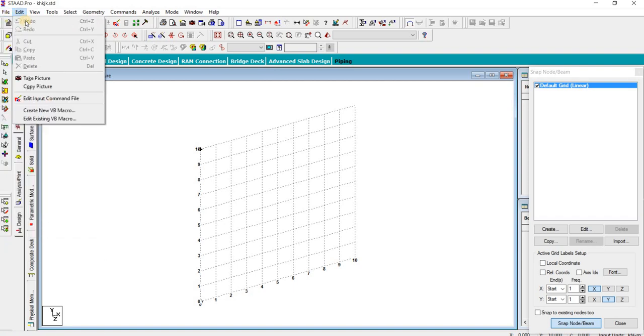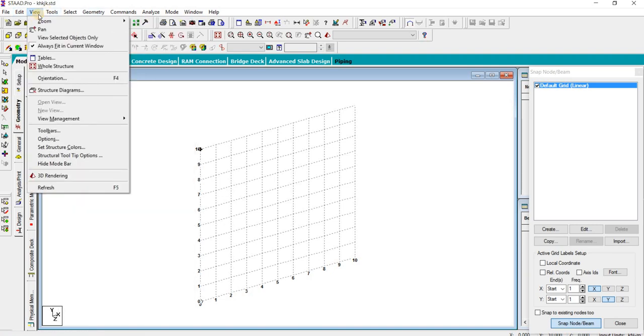The next one is edit. If you click on edit, you can get options like delete, paste, copy, cut, undo, and here you can take a screenshot of your model. That is the take a picture option. By using this option, you can take a screenshot of it.